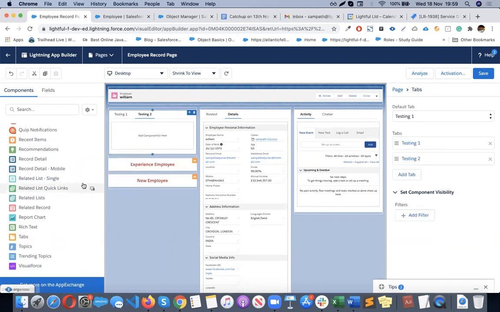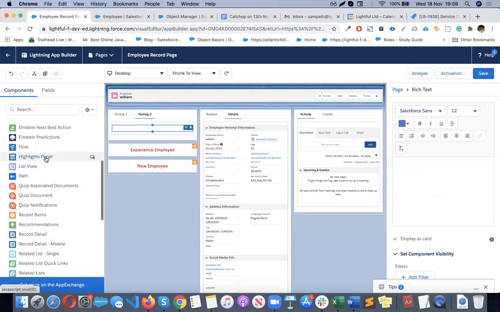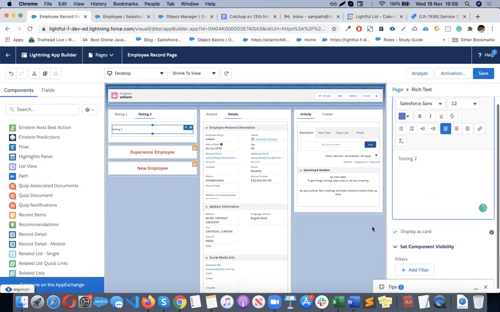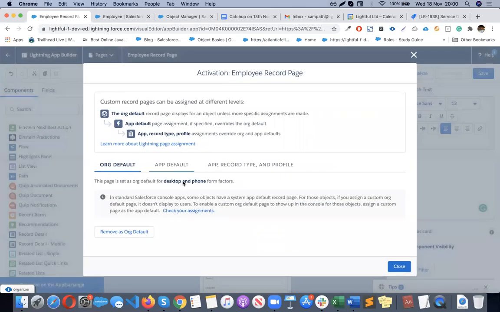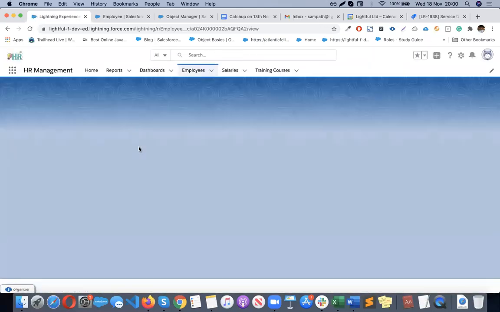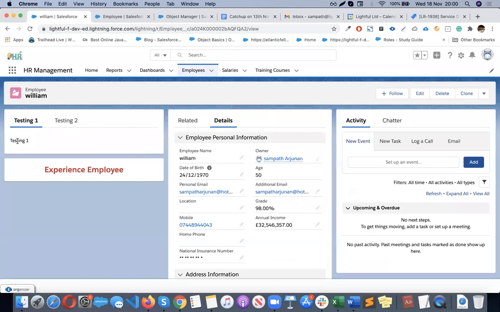And the testing 2, I will add some rich text again. See here, testing 1, testing 2. You can add it like this, your own.